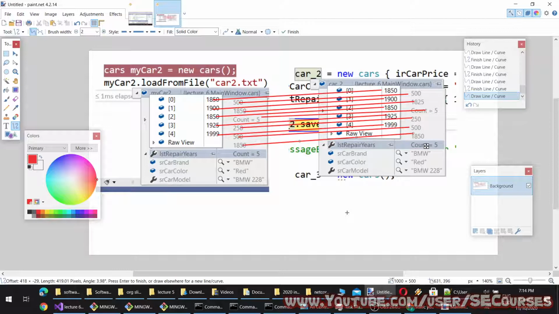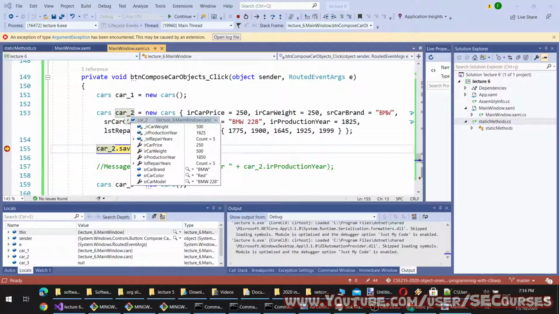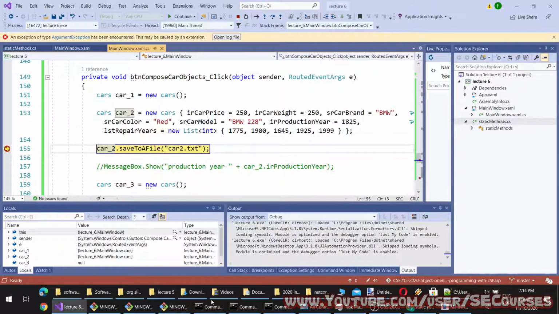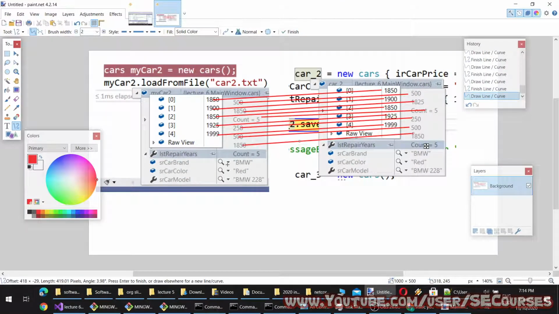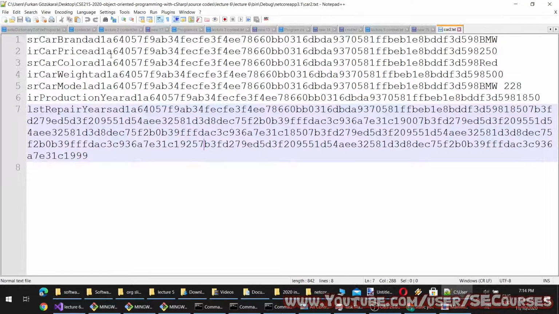Why is that? Because this is a private value, and therefore there may be a difference in private values. However, what is important is the public values. The public values are the same, and the private value is not the same because we didn't save the private value into the text file, as we don't need it.